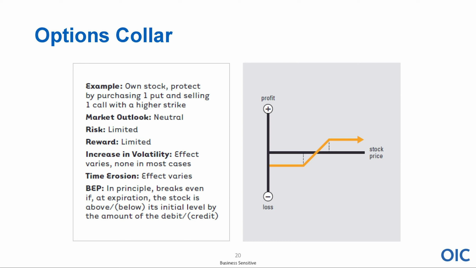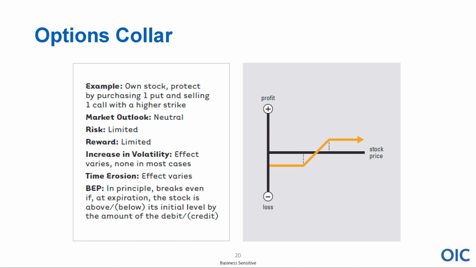You will hear the term zero-cost collar. It doesn't have to be zero cost. Okay, you might have to pay a little bit for it depending on the strike prices and which expiration you choose. You might get a slight credit into your account, which is great, if you bring in premium. But the idea with the collar is I can buy insurance and there's a cheaper way to do it. But there's an offset, right, that my potential gain is limited to the upside.